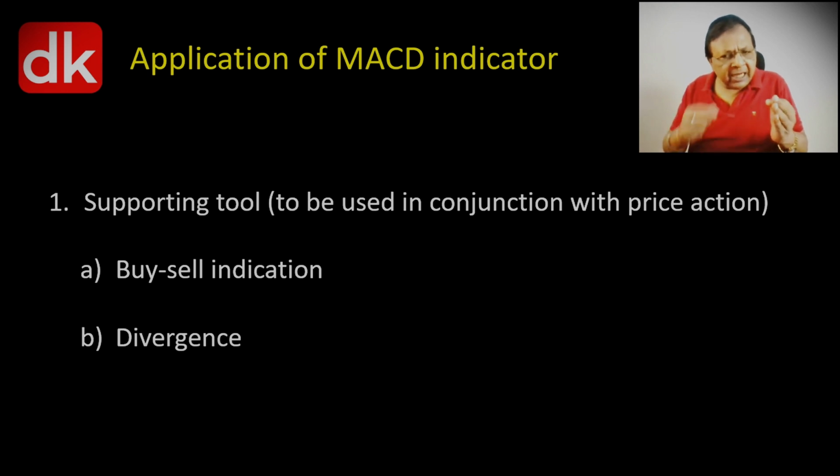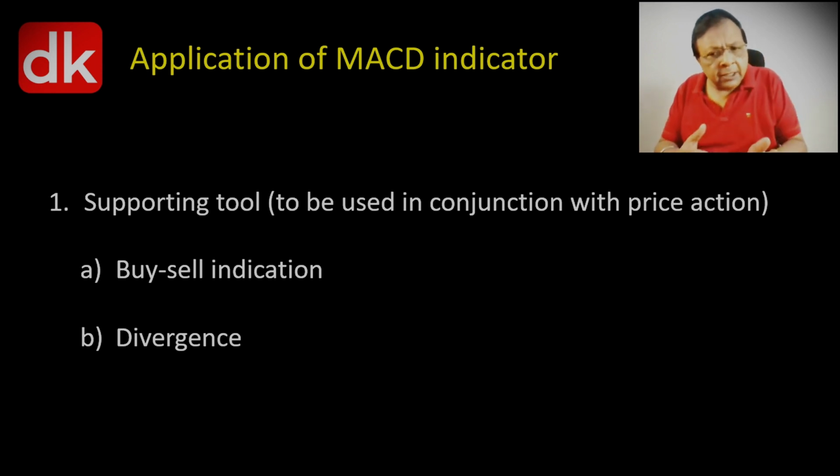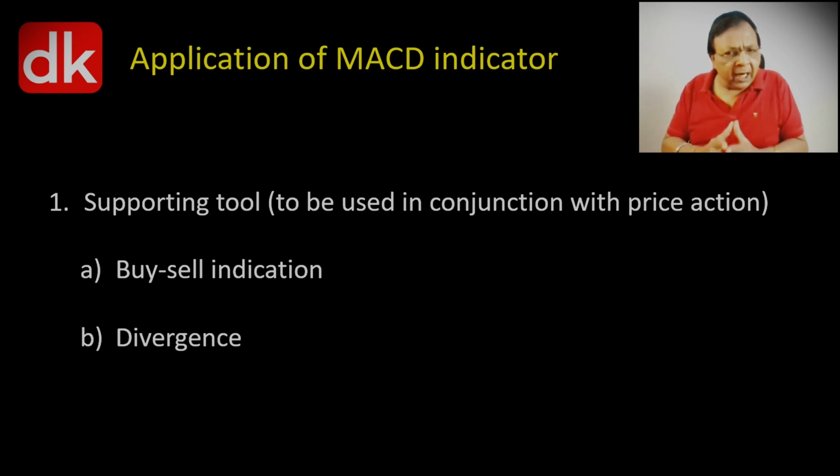So it gives a diminishing effect of the momentum, either in the markup phase or in markdown phase. The divergence indicates the diminishing effect of the upside momentum or a downside momentum, which gives an early signal for reversal or pullback, which we have learned under 0 to hero under several tutorial series,